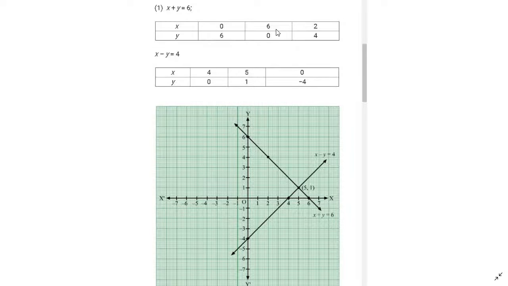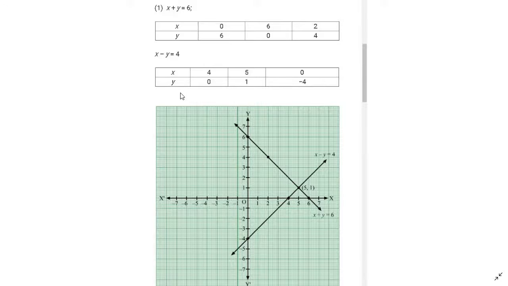Then second point, x is equal to 6. Where is x is equal to 6? Here. And y is equal to 0, right here. So these are the 2 points, join them. Third point, let's check the third point for our confirmation. X is equal to 2 here, and y is equal to 4, go upward, right? So it is very simple to draw the points and eventually the line.